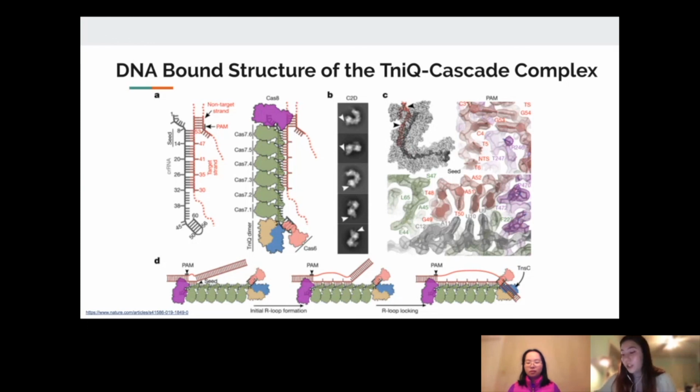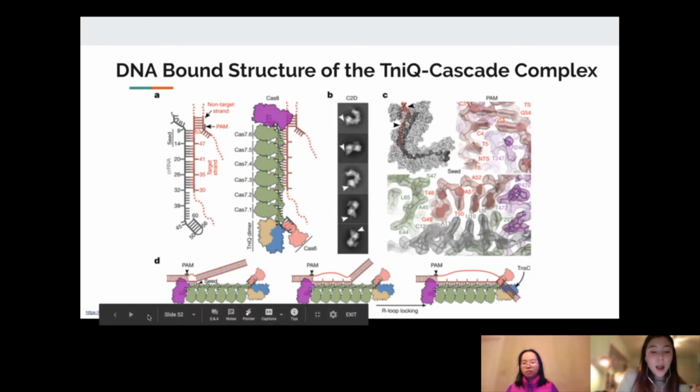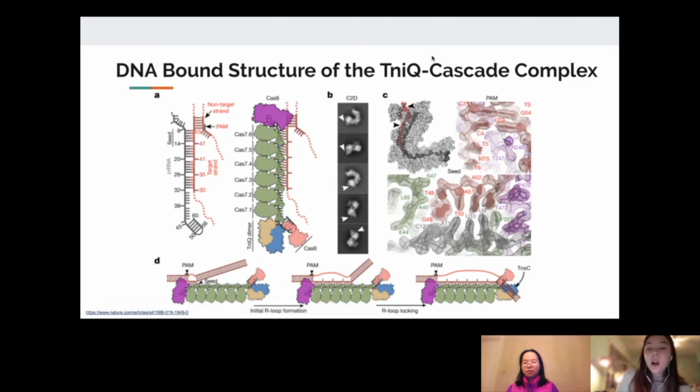fidelity checkpoint where formation of a complete R-loop requires conformational rearrangement that could depend on extensive RNA-DNA complementarity or downstream factor recruitment. So this could account for the highly specific RNA-guided DNA integration that was previously reported for the Tn7-like transposon. So through this study, where we tried to figure out the exact structure of the TniQ Cascade complex